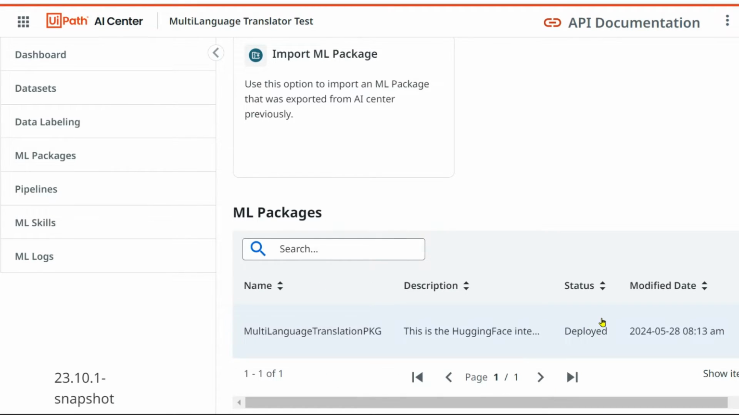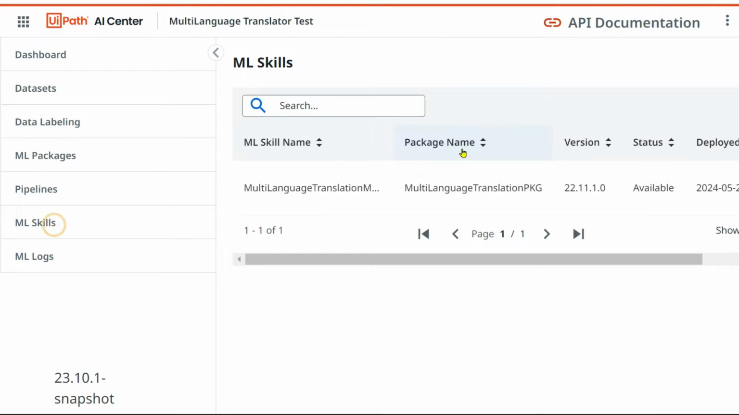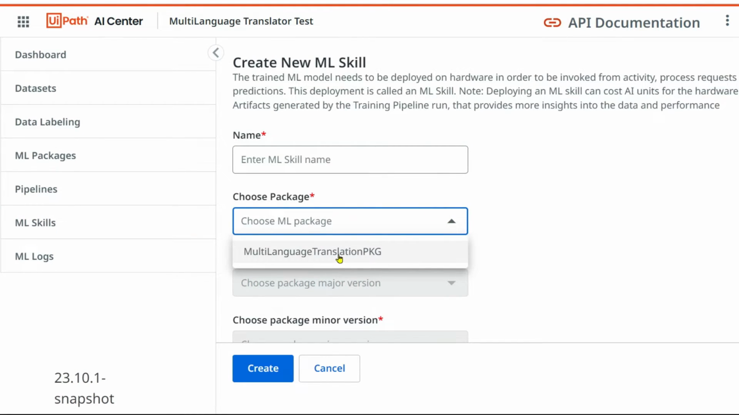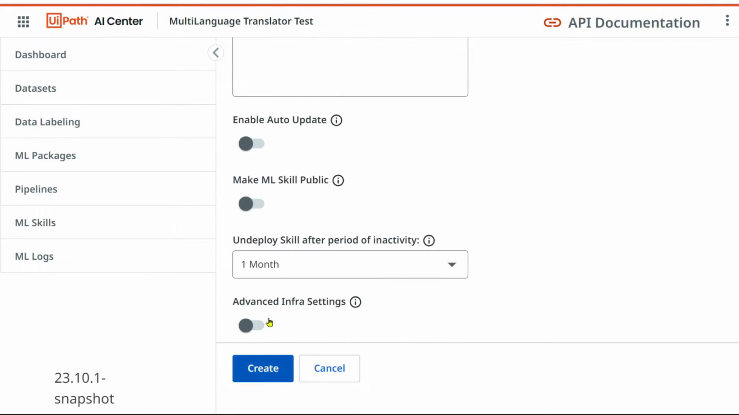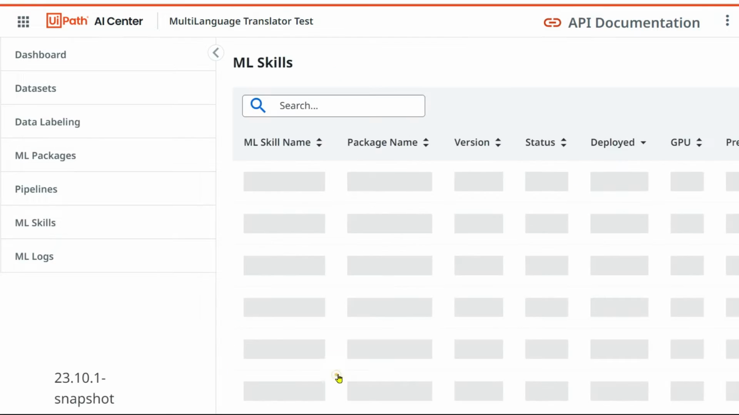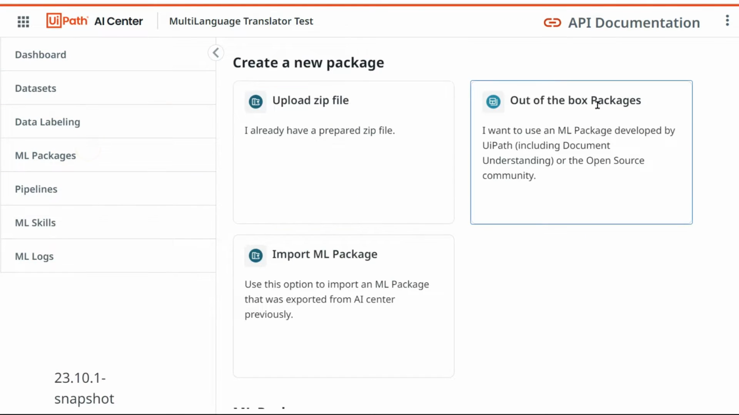All this I have shown in the previous set of videos, and I feel you are already aware of all of these steps. Now once this is created, go to ML skills, create a new one, select that particular package that you have created, provide a name and hit on submit, without making much changes here. Now remember this ML package that you have selected,